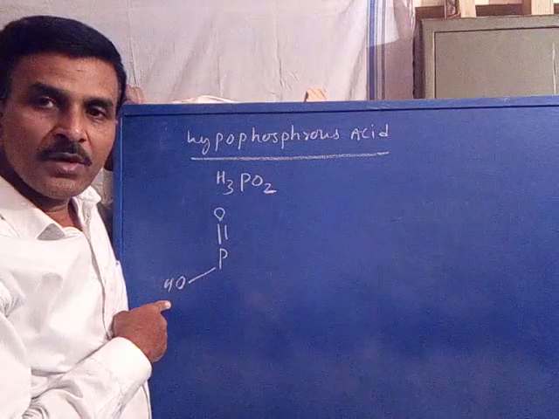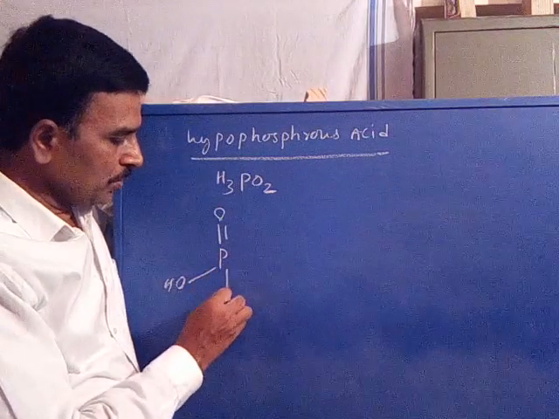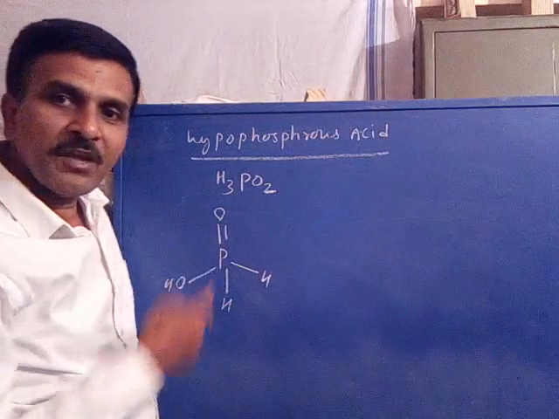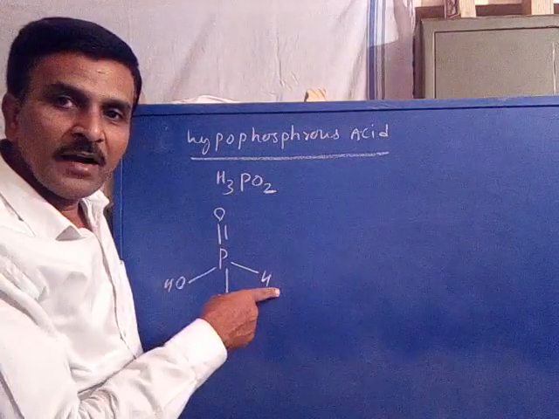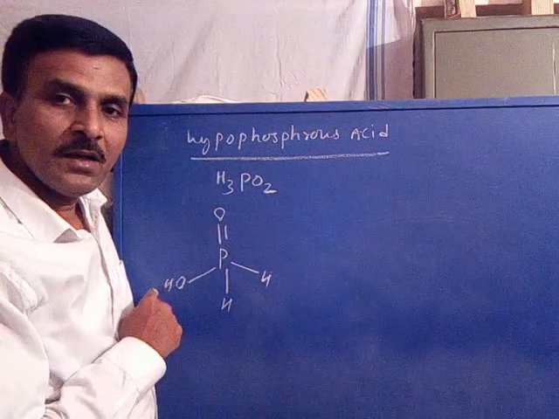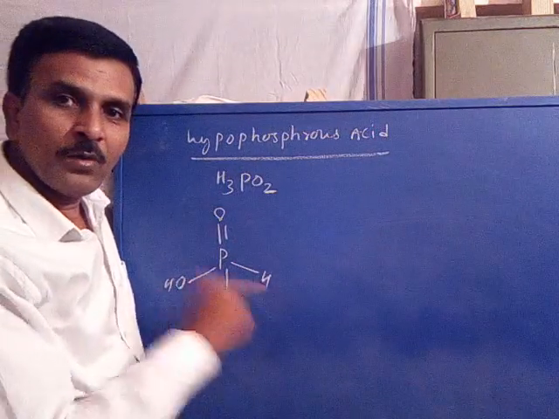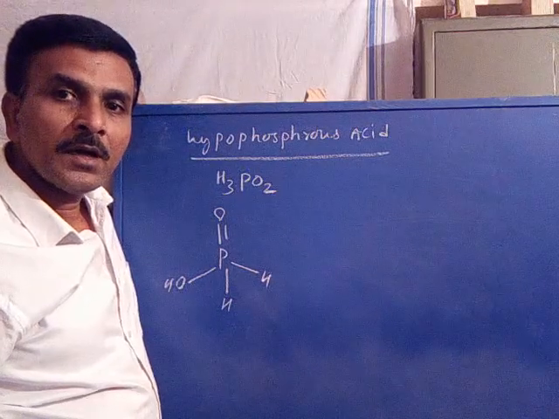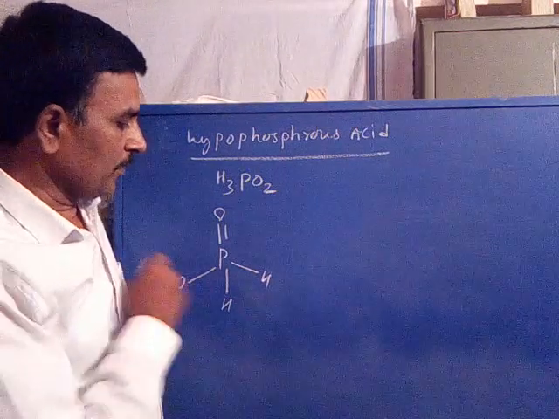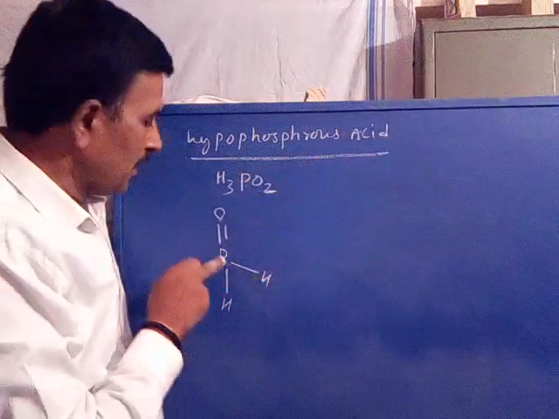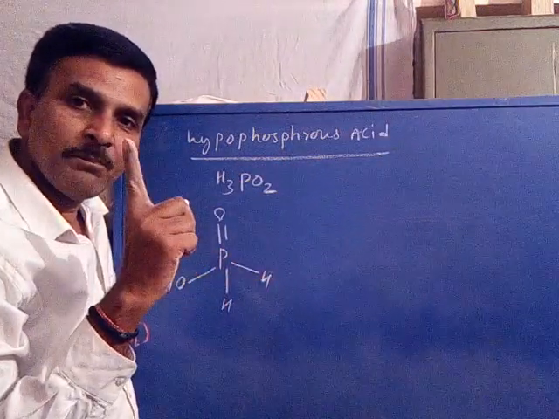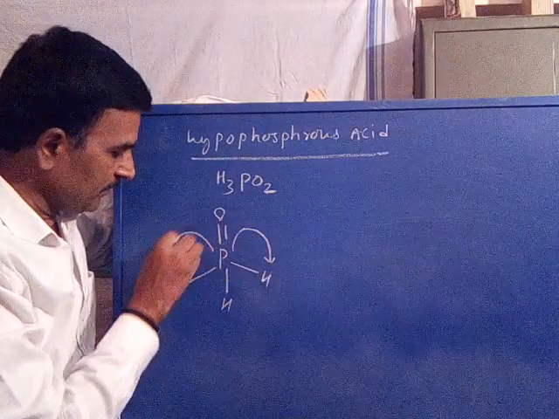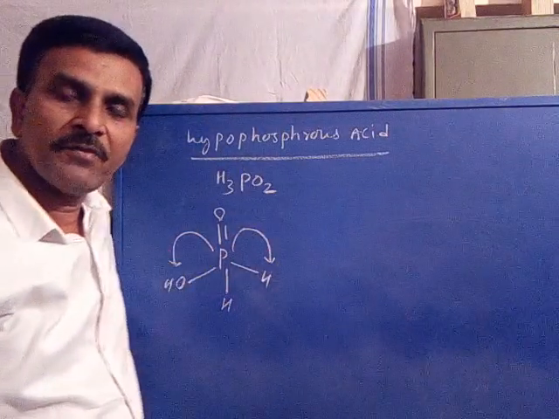instead of 2 OH, only one OH group and two hydrogens. Now in phosphorus acid there are two OH groups and one hydrogen. In hypophosphorus acid, one OH group and two hydrogens, as one oxygen is less compared with phosphorus acid. So coming to the signal, only one phosphorus, so one signal appears. Again, the phosphorus couples with hydrogen nuclei as well as the OH nuclei, which are non-equivalent.